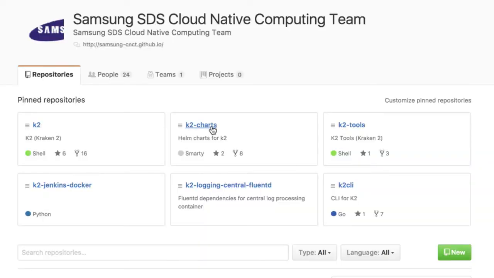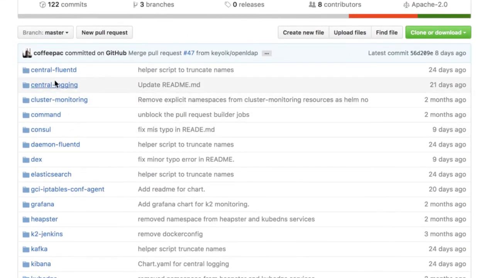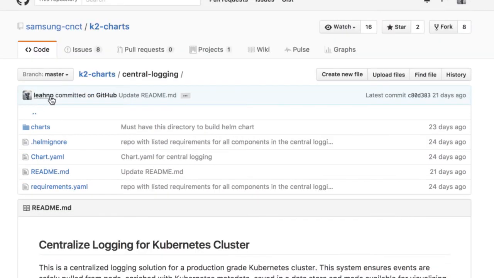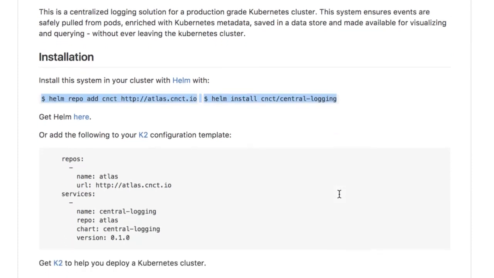You can deploy this entire logging solution with a single Helm chart. If you want to test this chart, we recommend using K2, our open source tool for spinning up production-grade Kubernetes clusters. This pipeline is still a work in progress, and we will be expanding its features and stability in the near